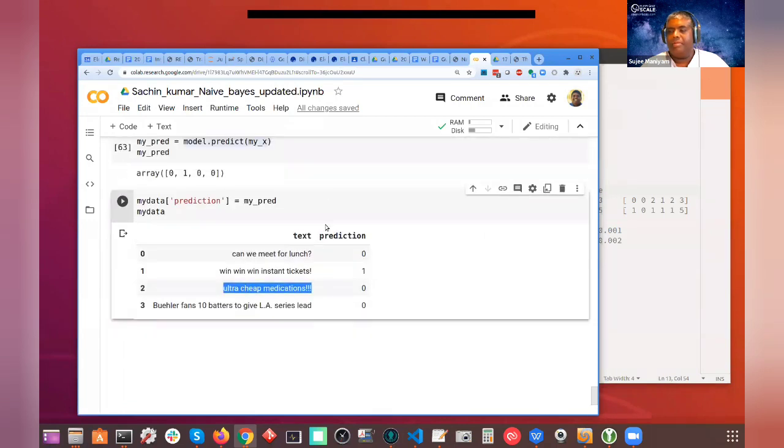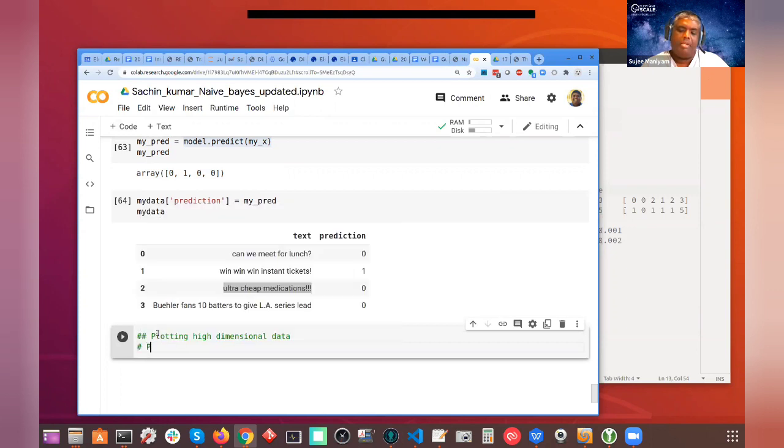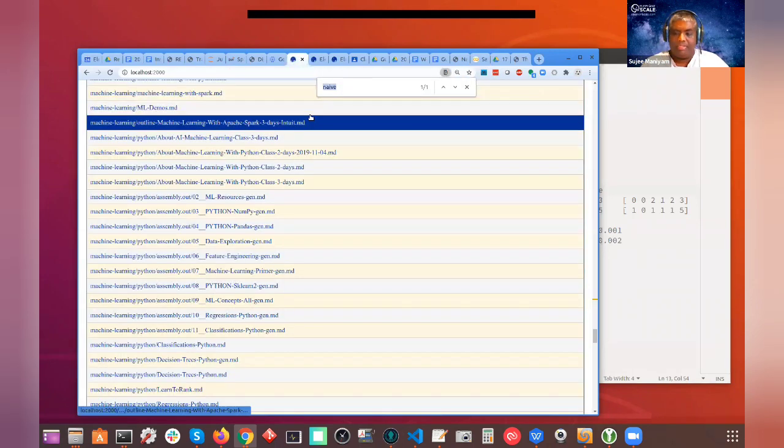It's called PCA. We haven't covered it just yet. If you want to plot high dimensional data, look at the PCA algorithm, and you'll see pretty good examples on the internet that you can quickly feed your data into. What PCA will do is reduce these 8,000 dimensions into 2 dimensions. Actually, let me show you guys this. Give me one second. This is what I had.